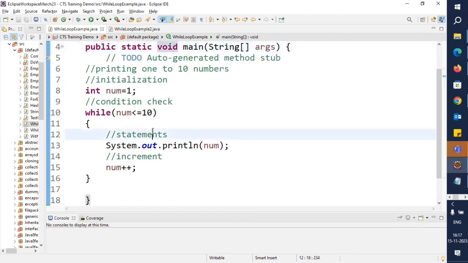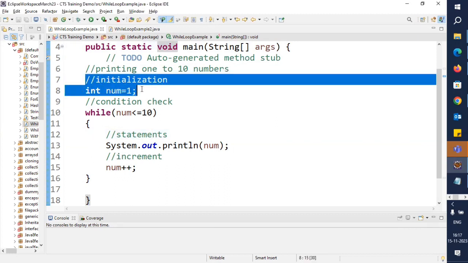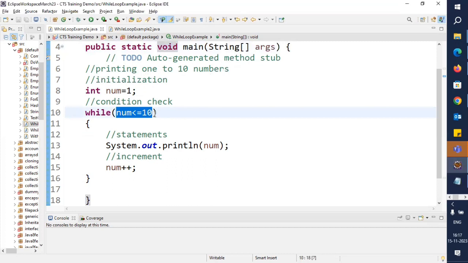So you all can see here, I'm trying to print the numbers 1 to 10. How do you print 1 to 10 numbers? By using the while loop. As you have seen in the syntax, first we always have to give the initialization, so I'm giving the initialization here. The second is the condition, so inside the while loop, I'm giving the condition. So what is my condition? As I want to print 1 to 10 numbers